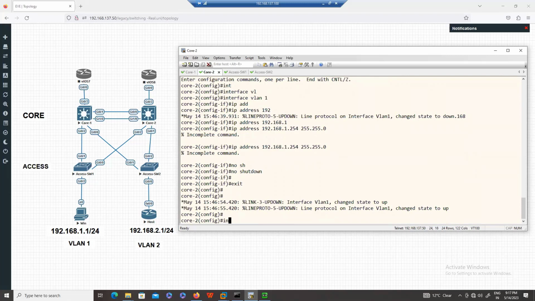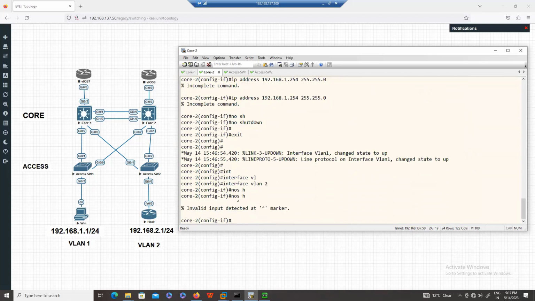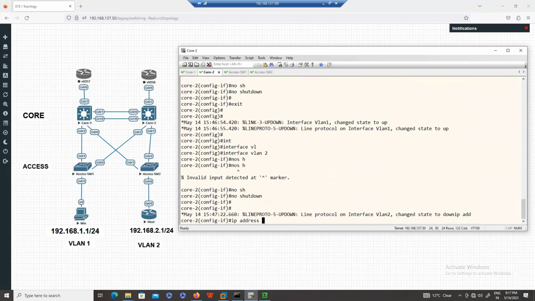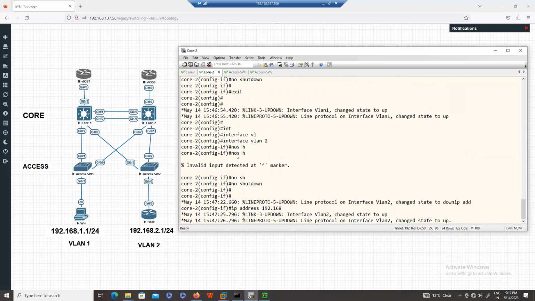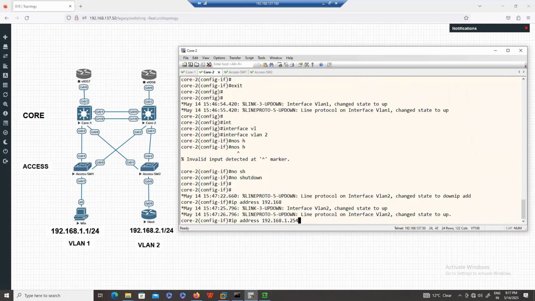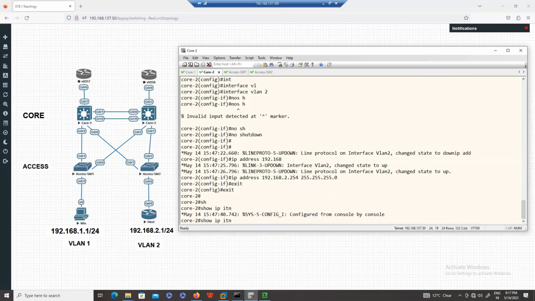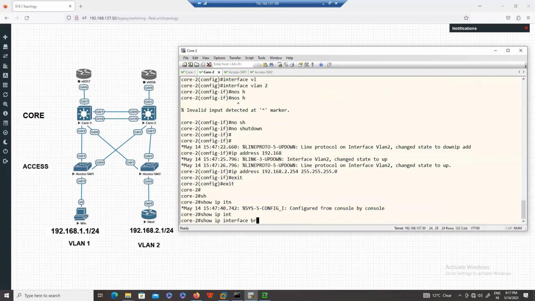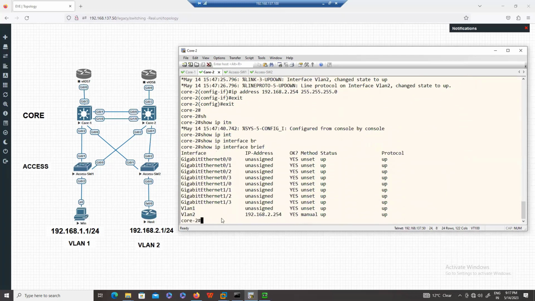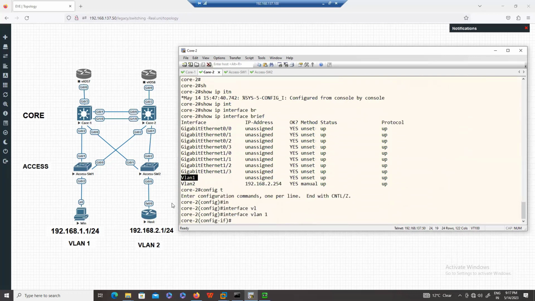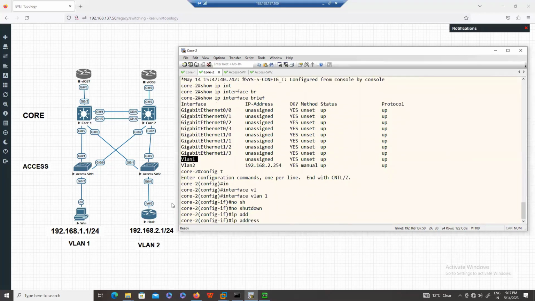So similarly, guys, interface VLAN 2, no shutdown, IP address 192.168.2.254 255.255.255.0, and that is it, guys. Now we have configured the SVI interface on both the core switches. Interface VLAN 1, no shutdown, IP address